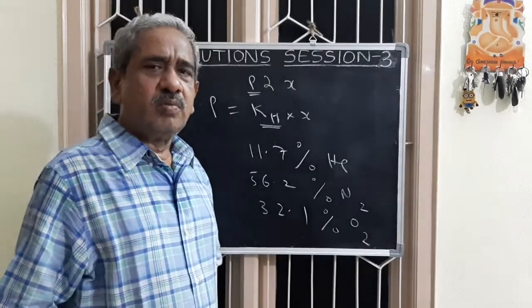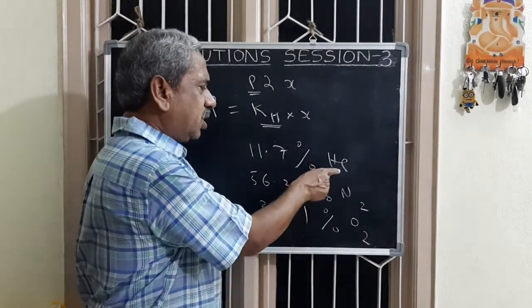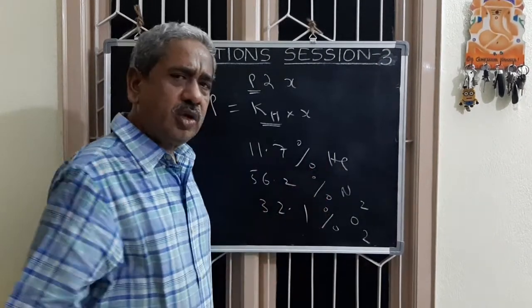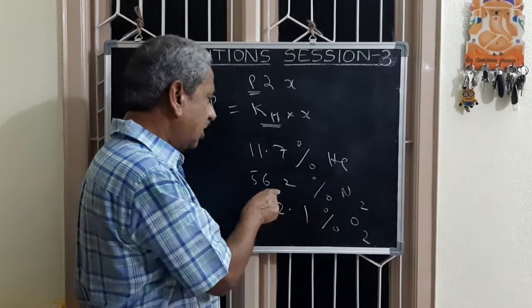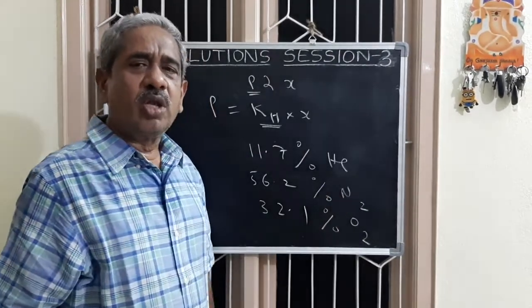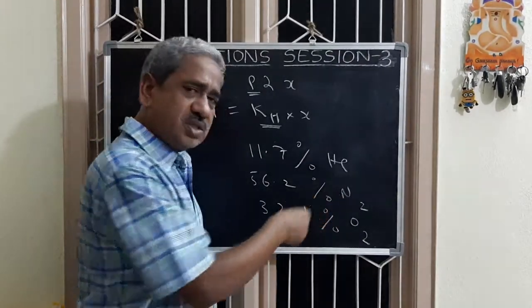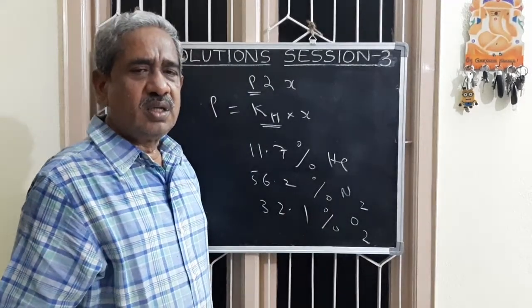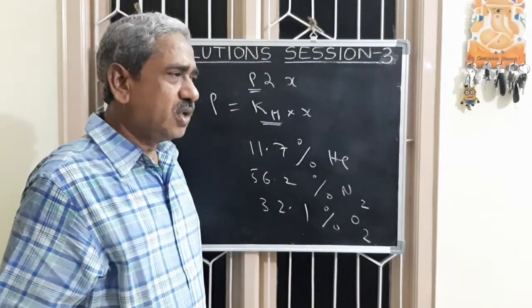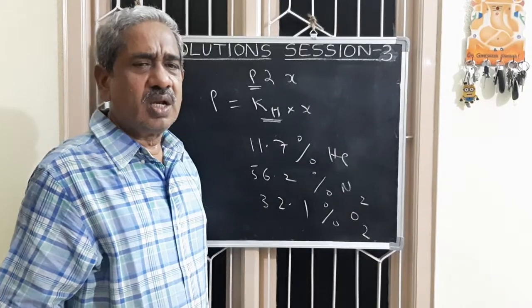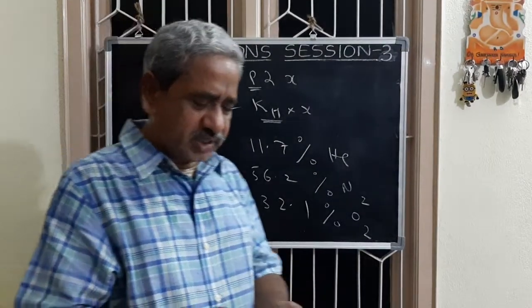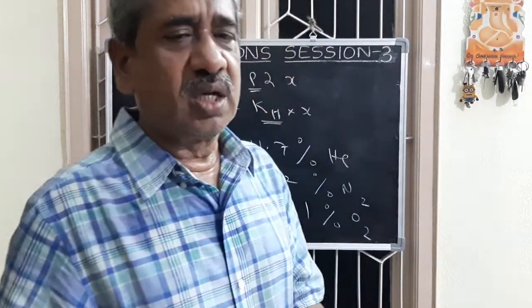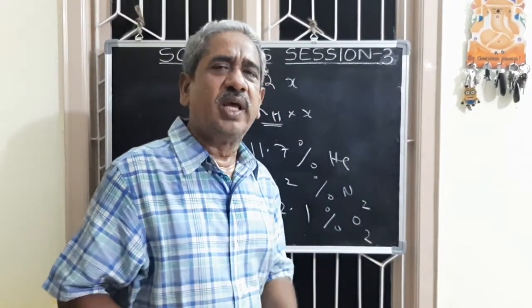This is because when we introduce helium in place of some of the nitrogen, the solubility of nitrogen decreases and it will be less harmful or non-harmful to the sea divers. That is the second application of Henry's law.